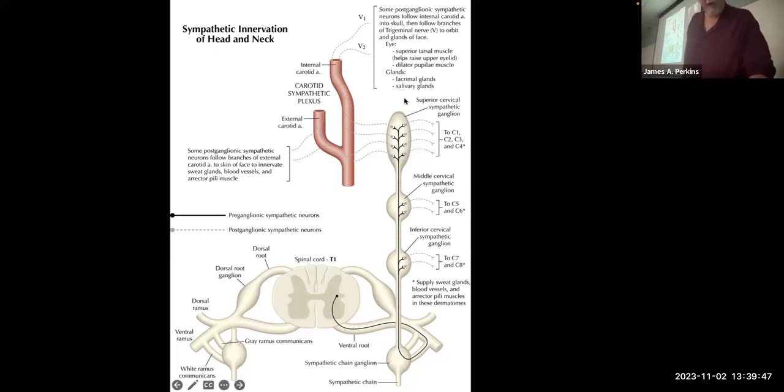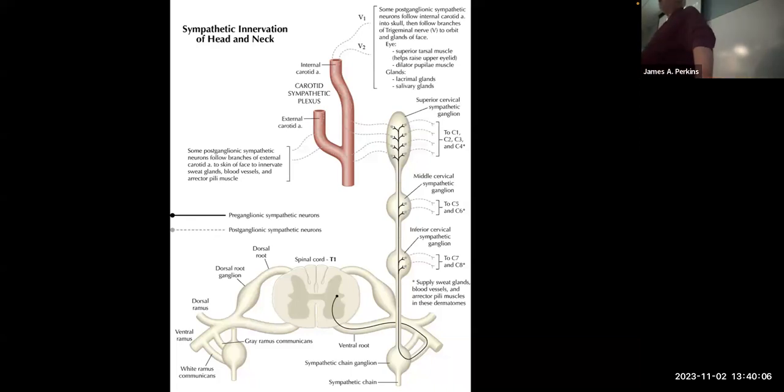So the same thing may happen there, that you've got postganglionic neurons from that superior cervical sympathetic ganglion that are going to jump onto spinal nerves, C1, C2, C3, and C4, and follow those to their respective dermatomes. Now, you might remember C1 through C4 makes up something known as the cervical plexus, which gives rise to all of the sensory nerves of the neck. So the dermatomes of the skin of the anterior part of the neck, including all the way up onto the back of the scalp,